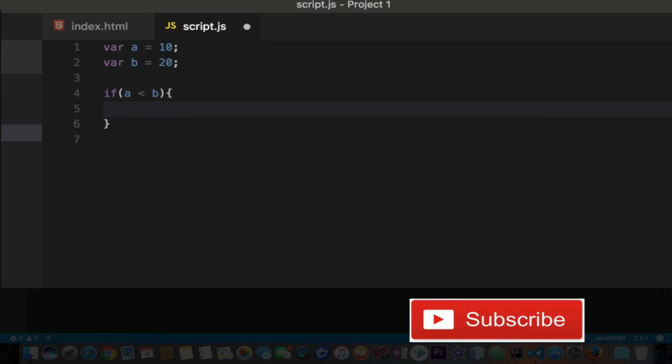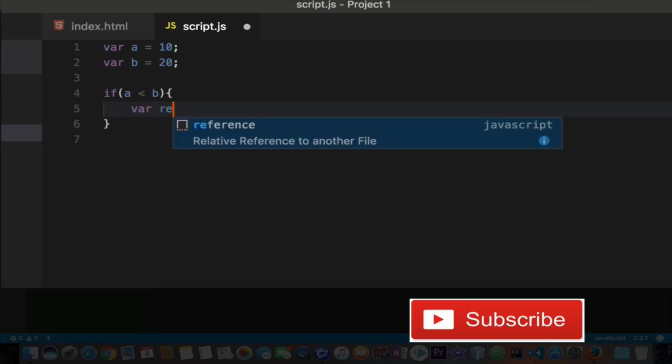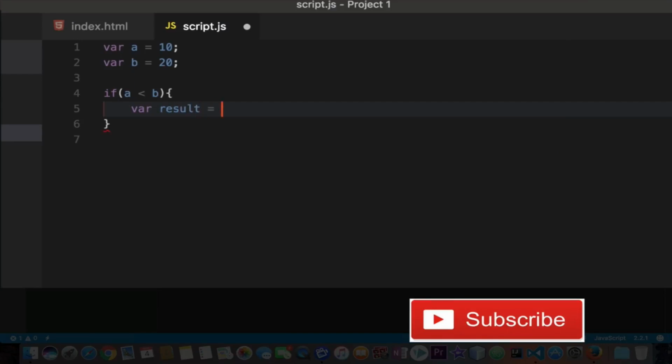So what we can write here, let's say I will create another variable and I will store the addition of a and b. So let's type result is equal to a plus b. Okay, so var is the keyword, and the result is equal to a plus b. So addition of these two values will be stored in result, and then we can write that onto the